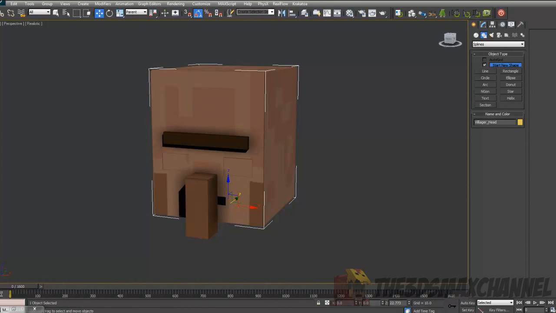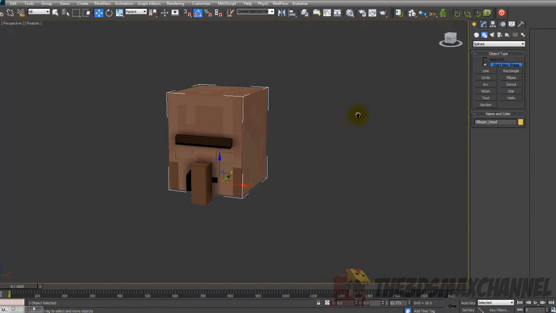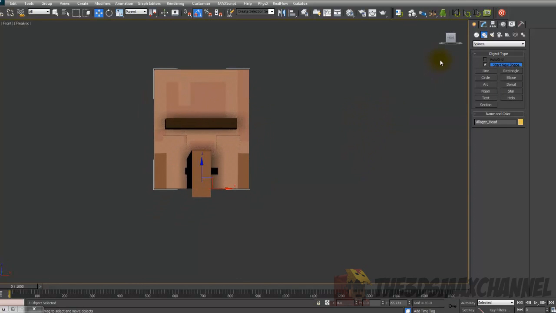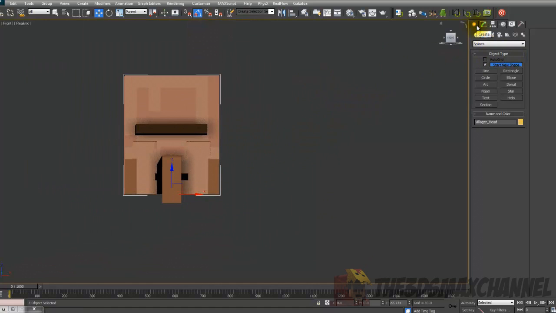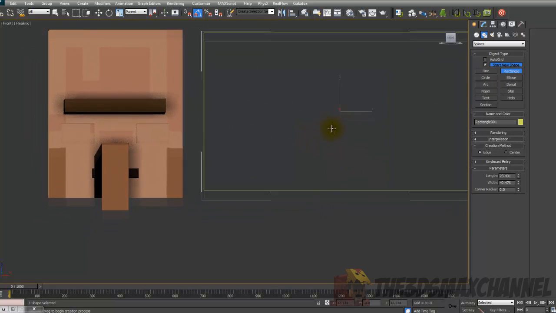In this tutorial we'll make the control panel and possibly start rigging up the eyelids and the eyebrow. So let's just get started. Press F on your keyboard to go into front view, so you're staring directly at the face, and go to create shapes and create a rectangle and just create the box where all the controls are going to be in,